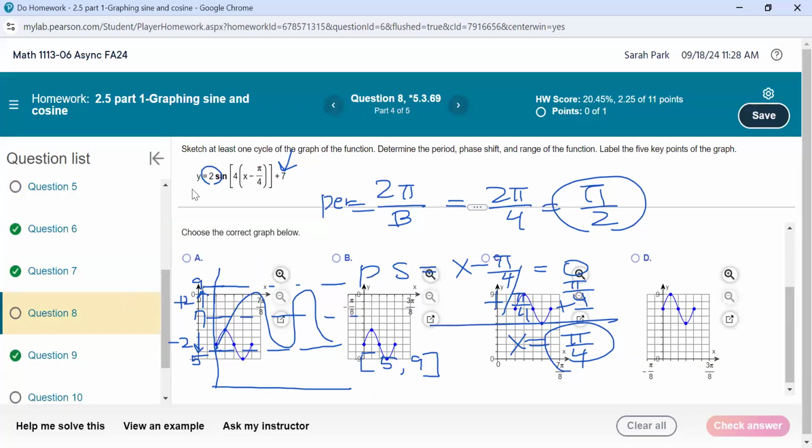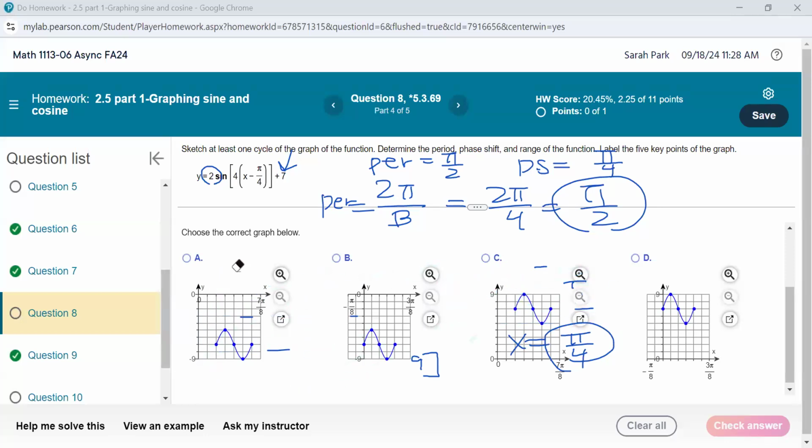Let me just put the period is pi over 2. I'm going to write my phase shift is pi over 4. And then we know the midline is 7. Okay, so if I erase all this,